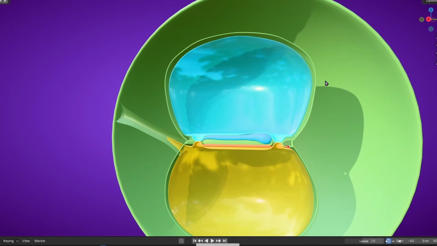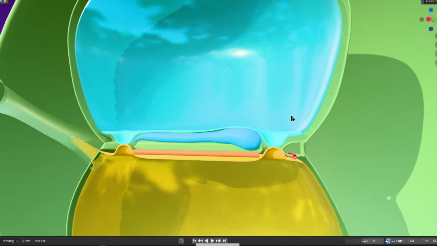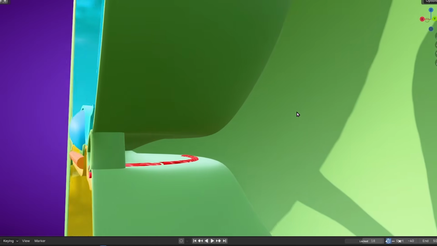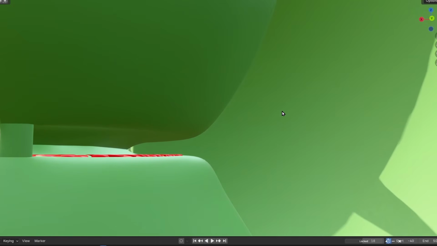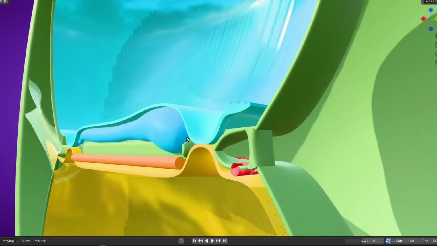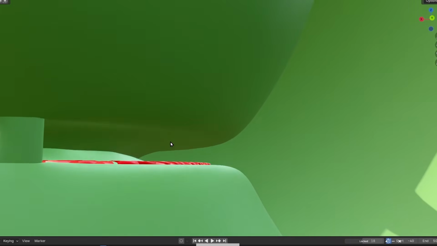You see, outside is the extraembryonic coelom, but actually we also have an intraembryonic coelom. If I go here you can see that we have this mesoderm, and here we have between these two